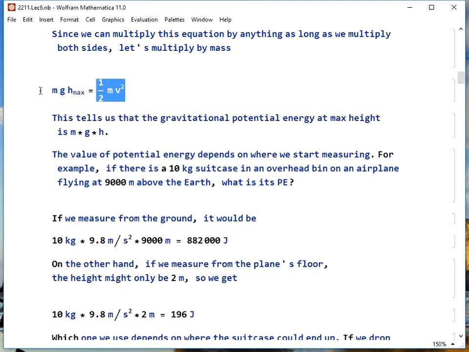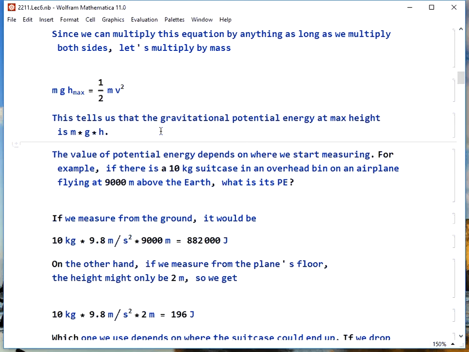So what this is telling us is the potential energy is of the form mgh. When the rock gets to the top of its travel, its energy is now entirely potential, not kinetic at all. To figure out this value of potential energy, though, it depends on where we set our zero, where we start measuring. Typically, the smart thing to do is to make h equals 0 at the lowest point